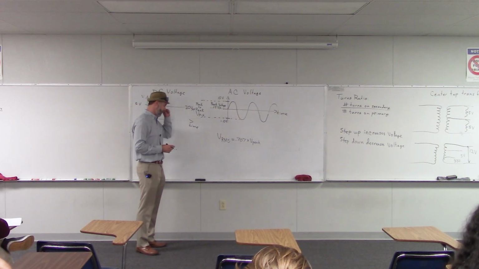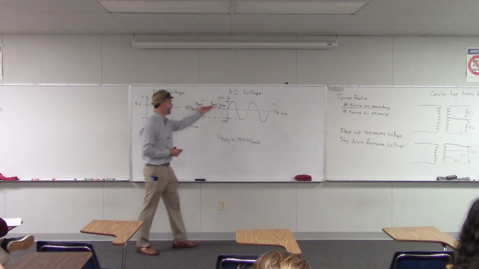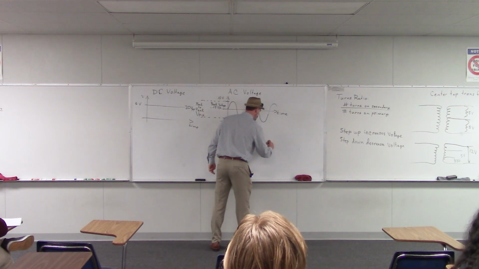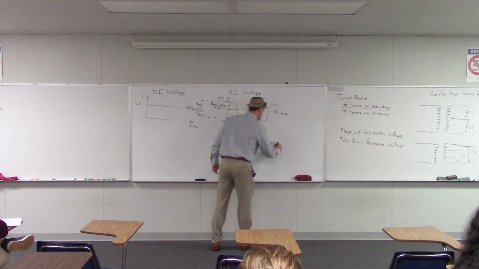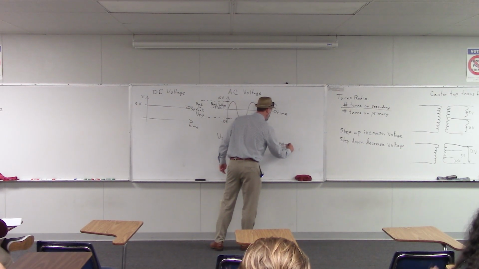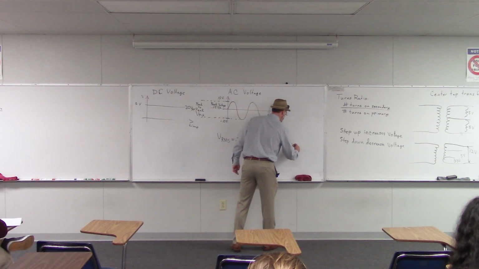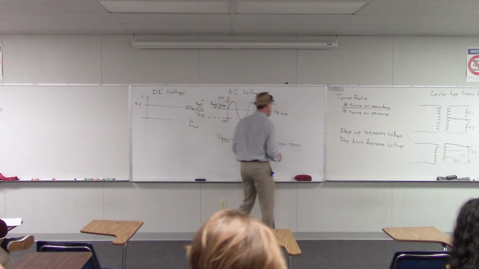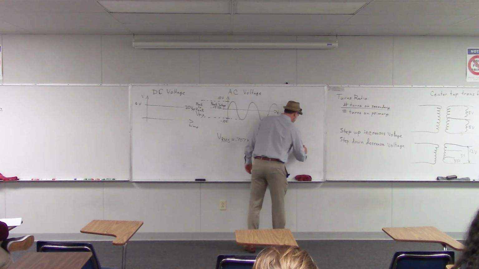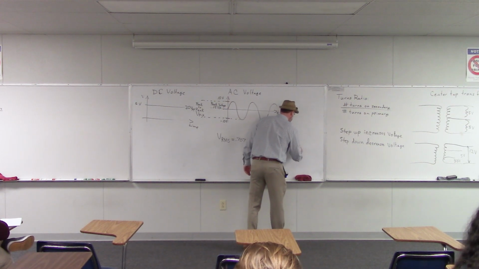So for this signal, that would be 0.707 times 10 volts. So that would be about 7.07 volts. So this signal would be 7.07 volts